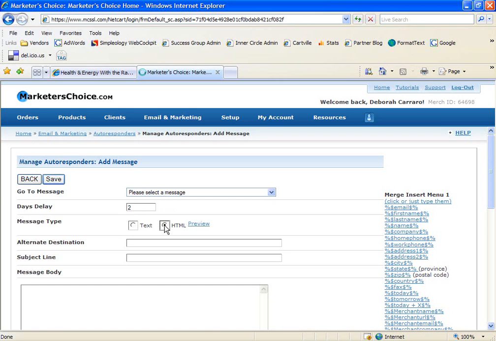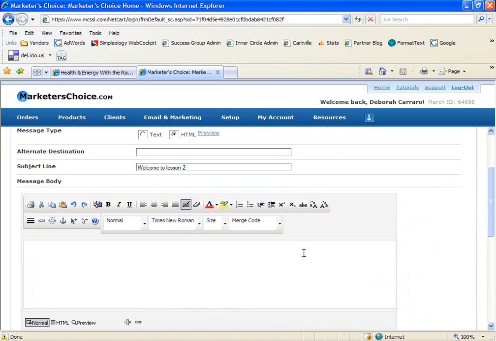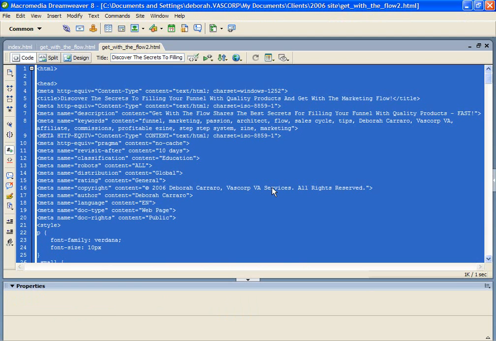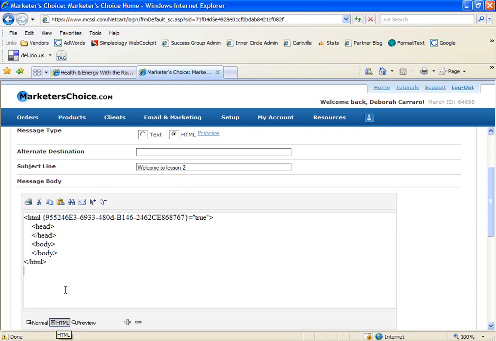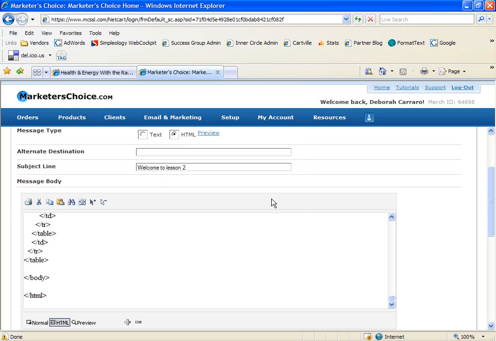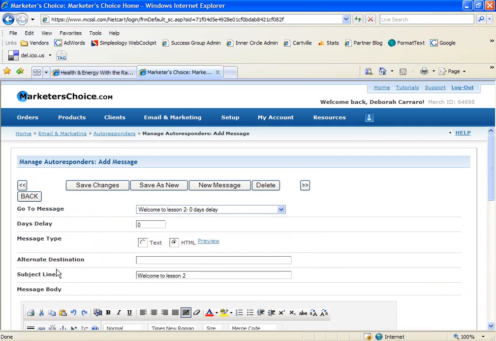I'll switch to HTML mode, add my subject line, then I'll switch to Dreamweaver, copy the code for lesson 2, switch back to One Shopping Cart, hit the HTML button, delete the code that's in the box, paste the code from Dreamweaver, and then hit Save. I continue this way until all the messages for the course are set up. Since I have already set up this course in my shopping cart, I'll stop this process here